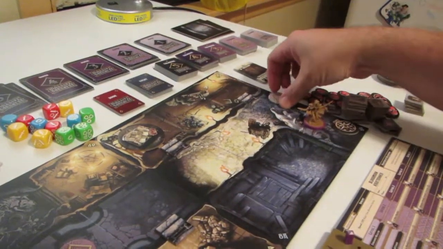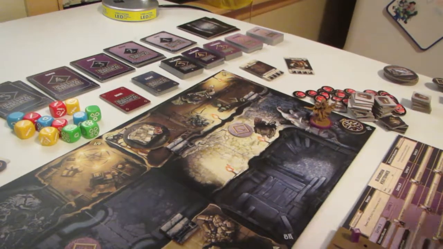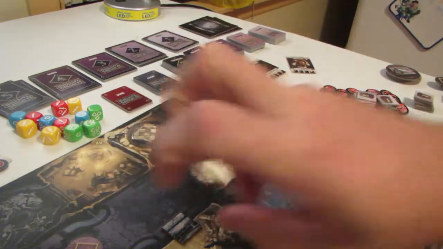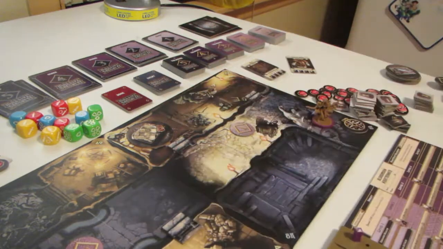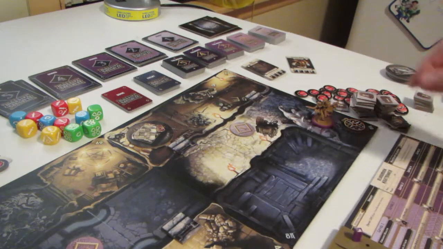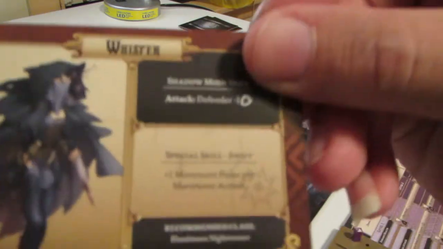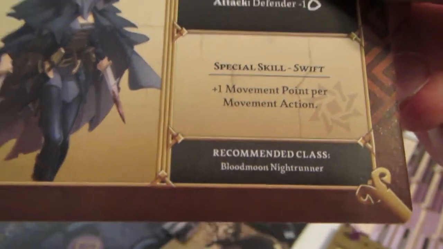So, the first thing that we've got here, we're in level 1. We need to get into here, and we need to open this up, and we need to, let's call it, rescue that piece. So the first thing, you get 3 actions in a turn. I think I'm going to spend action number 1 to create a movement action. I normally get 2 points of movement, but because we're Whisper, her special skill, Swift, gives plus 1 movement point per